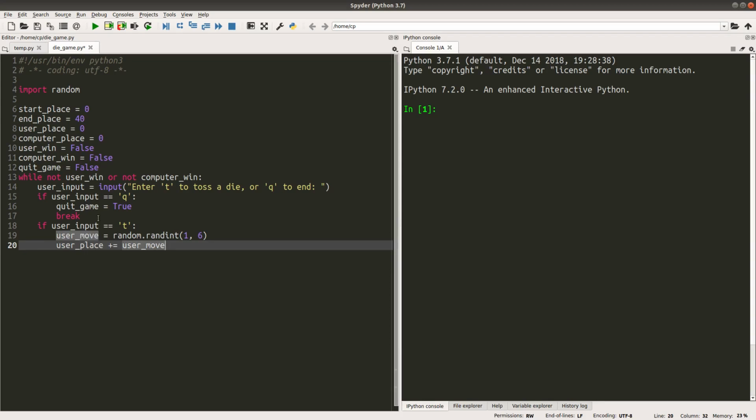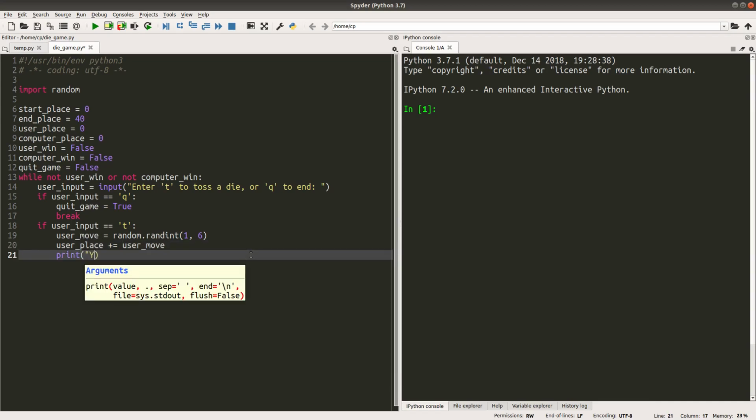I'm going to update the user position by adding the user move value to the original user place value. And then I will print out the size of the movement you obtained from the random die tossing.